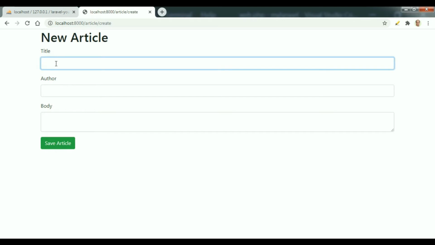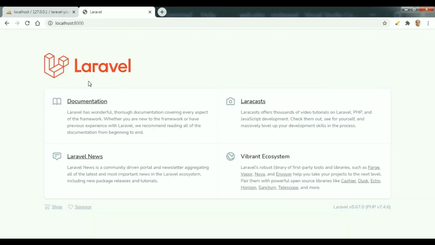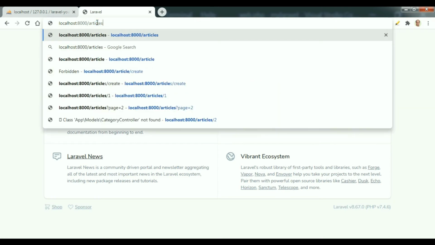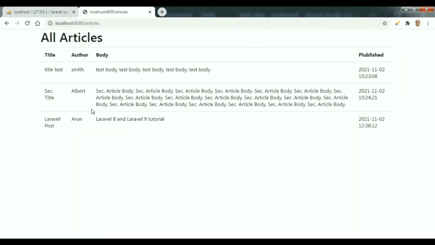Now this is the form it is displaying. I'm writing Laravel. Save it. Now it is showing you the home page. So articles, if you say articles, then it is saying the last one is this. So in this way we can create articles and read articles.